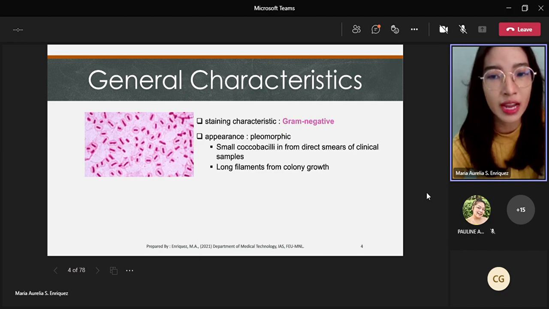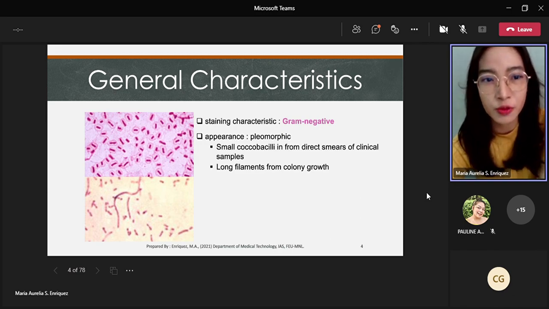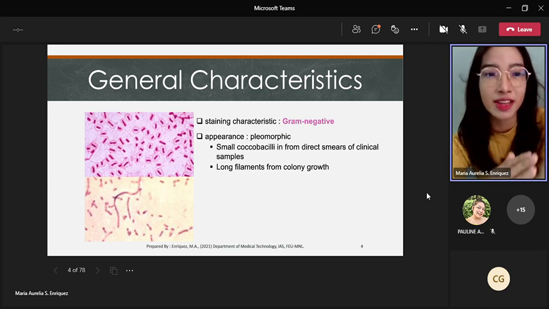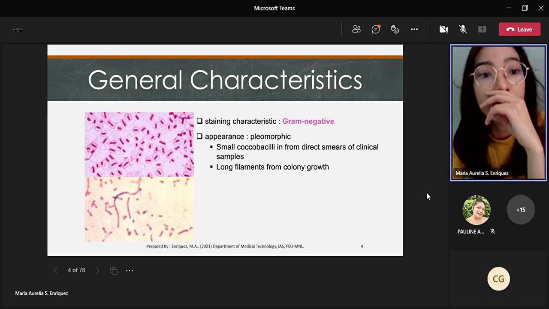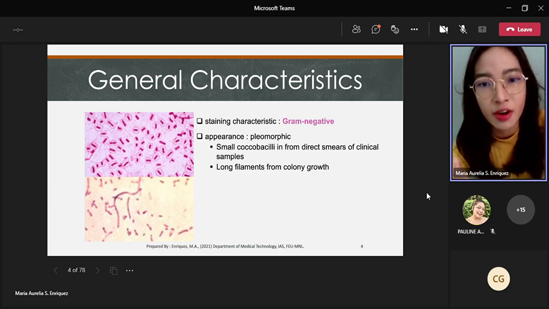So they will appear like long filaments as shown here. So dito po, kung direct from clinical sample natin sila observe, makikita natin na parang magkakaiwalay sila. But if we were to culture them first before making stained smears, makikita natin na mas joined together yung mga